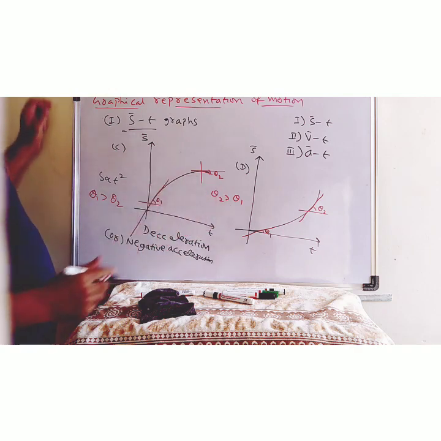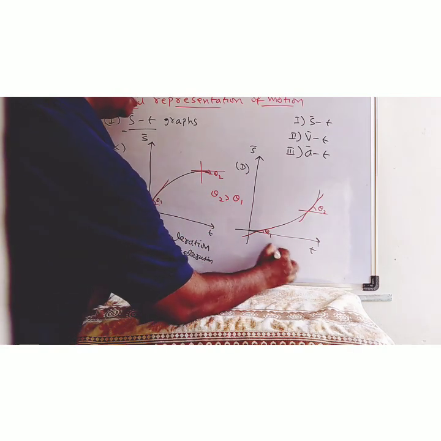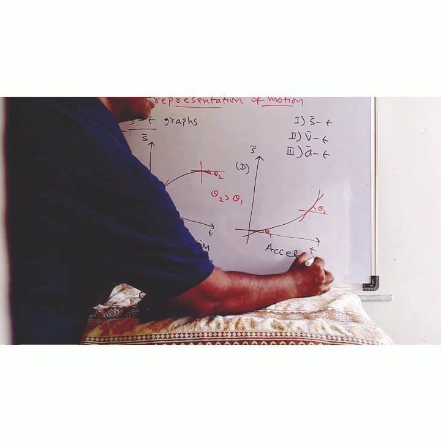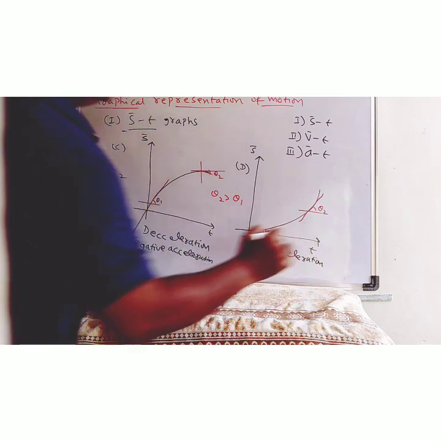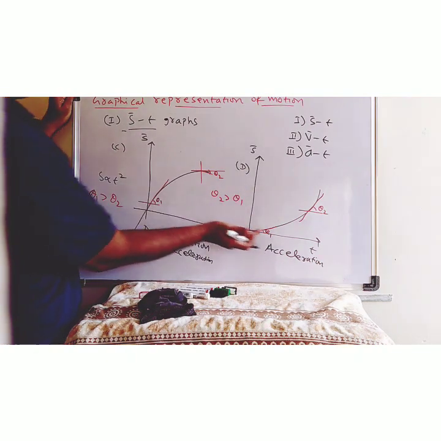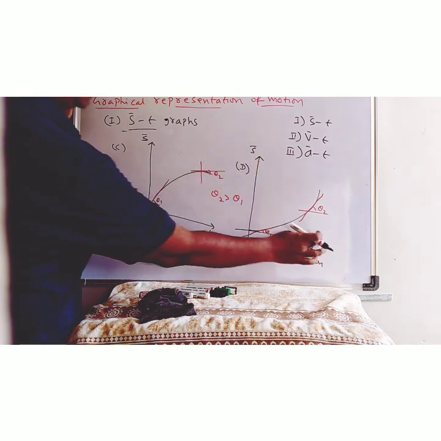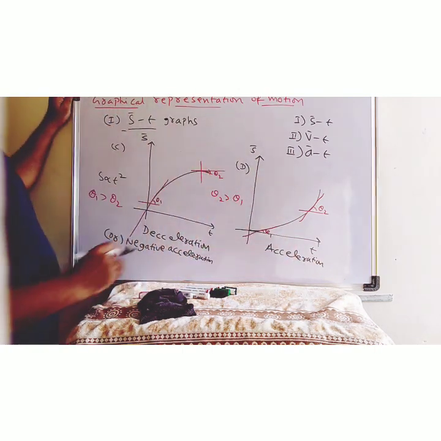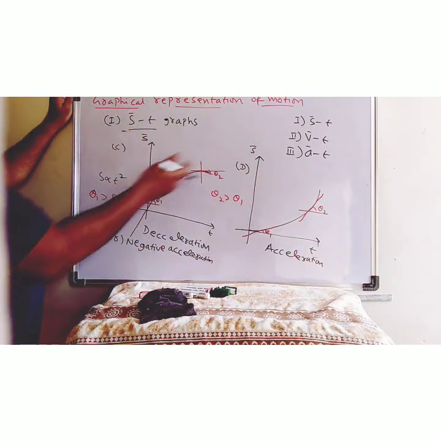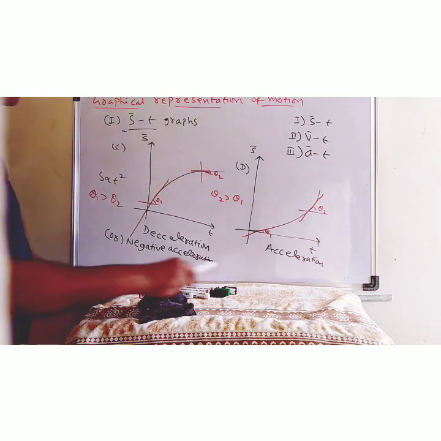As it is an increasing graph, you can say it's nothing but acceleration, or positive acceleration. Why is it positive? Because the slope is increasing. Gradually the slope is increasing here. So in the displacement time graph, you can show acceleration by keeping a parabolic curve. Are you following, sir, what I am saying here?